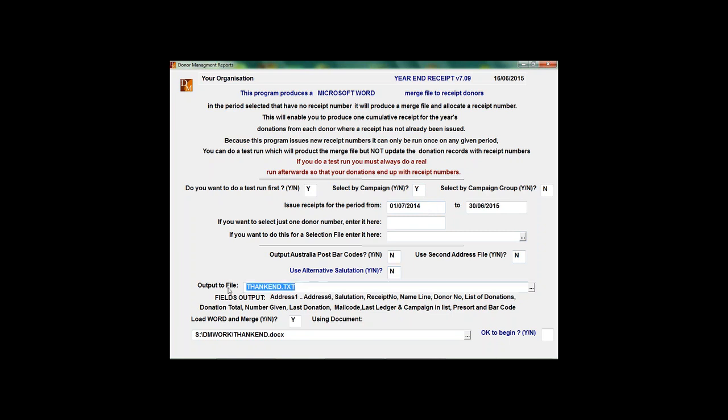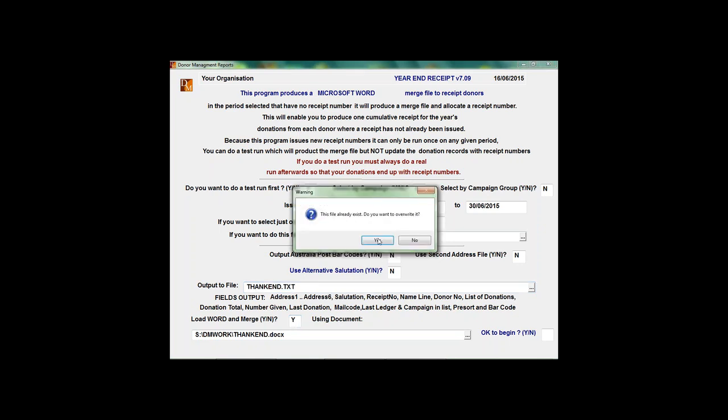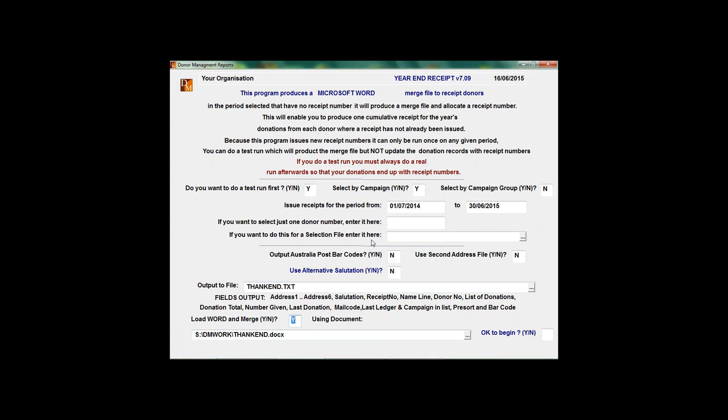So down the bottom here, the system will then say, just like your normal receipt file is called names.txt, in this case it may be called, and the standard name is just thankend.txt, so it's basically thank you for the end of year receipts. Okay, the fields that come out are all here already, and down the bottom it's got, do you want to load word and merge? Okay, because I've already got that file,